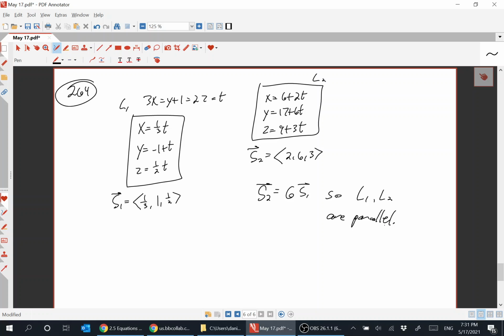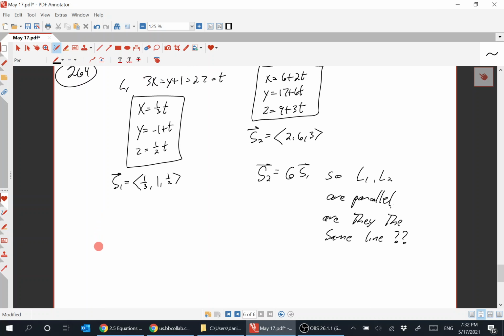Oh, hold on a second. Are they parallel? Are they the same? All right, so L1 and L2 are parallel. Are they the same? They have the same slope vector, but I mean, are they actually the same line? Well, how would you know that? If they have a common point and they're parallel. Yeah, all you got to do is find one common point, right? To find out, so let's ask,